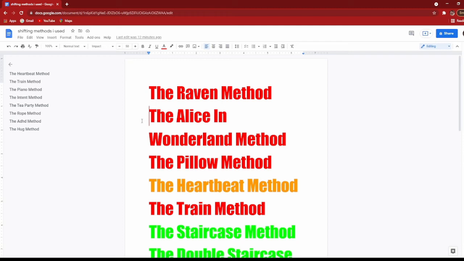It's the same thing for the double staircase method, except you find a mirror, and then you go down another set of stairs, and then you finally go to your DR. Probably explaining it very wrong, but